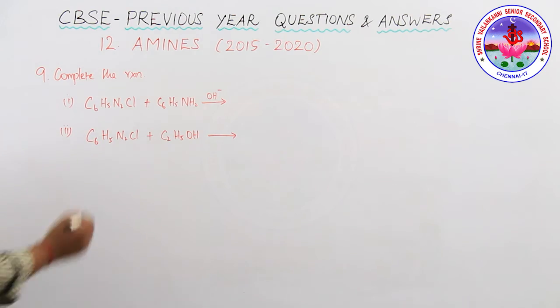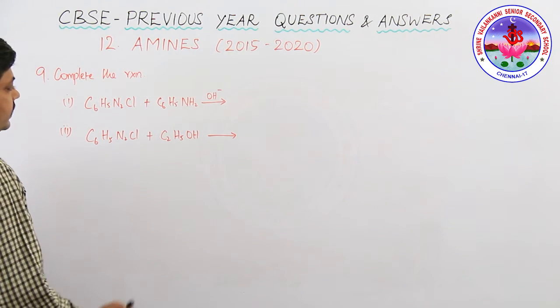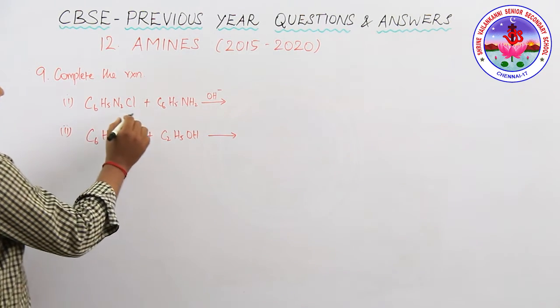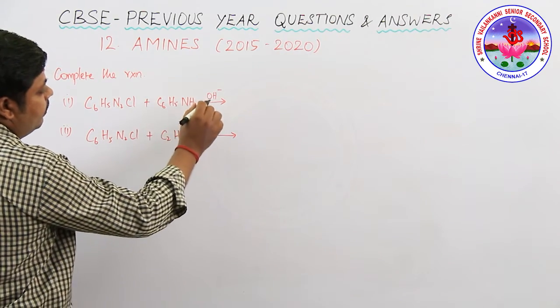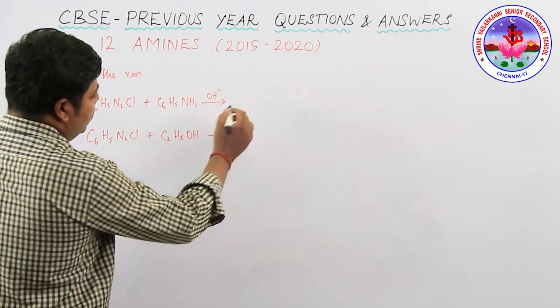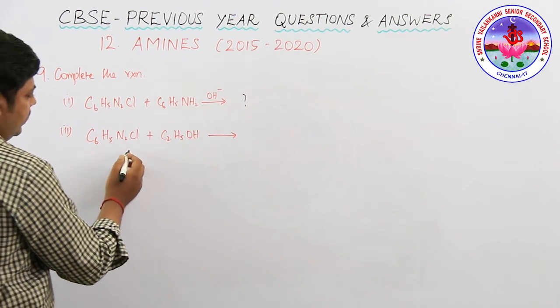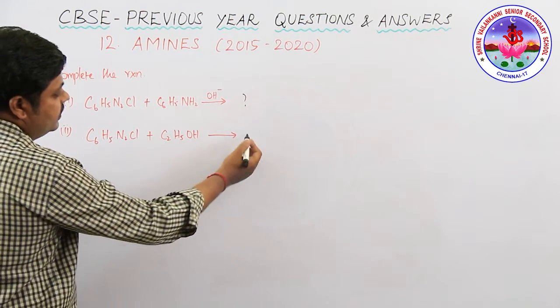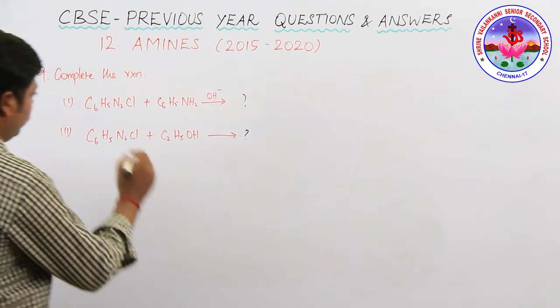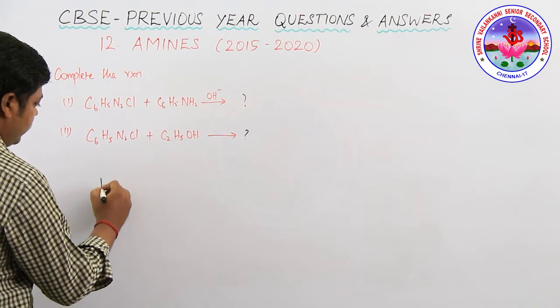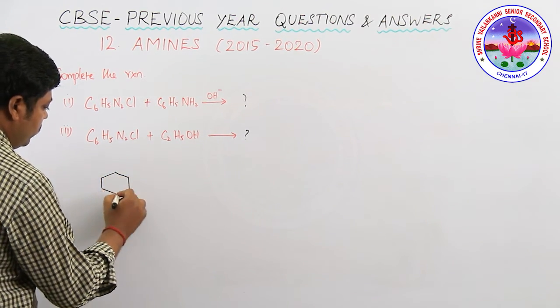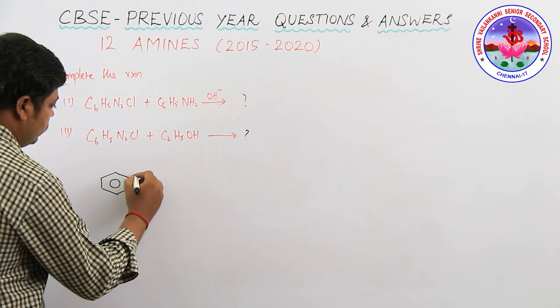The next question is to complete the following reactions. Benzene diazonium chloride reacts with aniline in the presence of base. What is the product? And benzene diazonium chloride reacts with ethanol. What is the product here? The first question is the coupling reaction. Here the benzene diazonium chloride